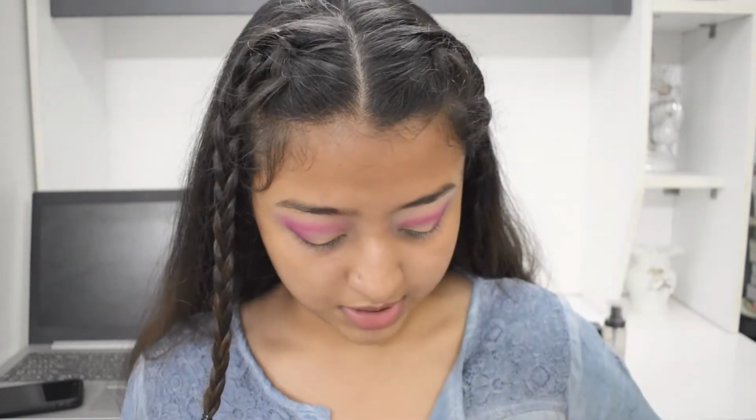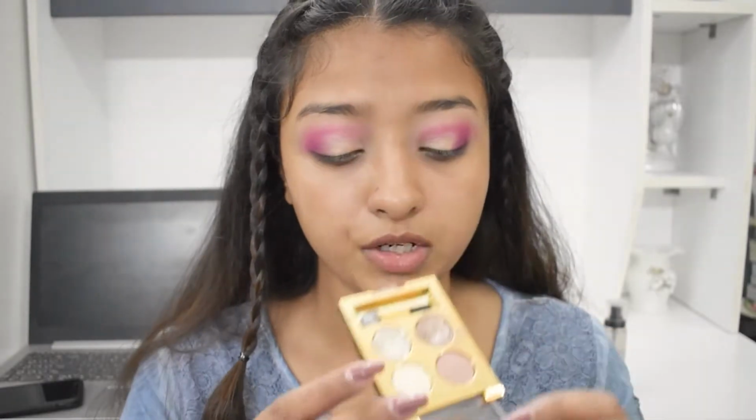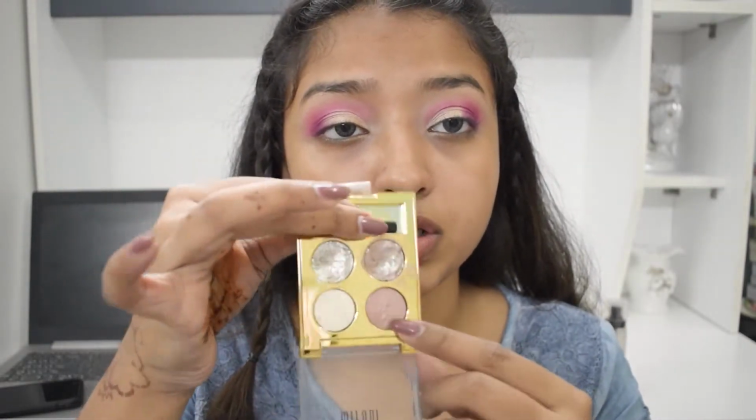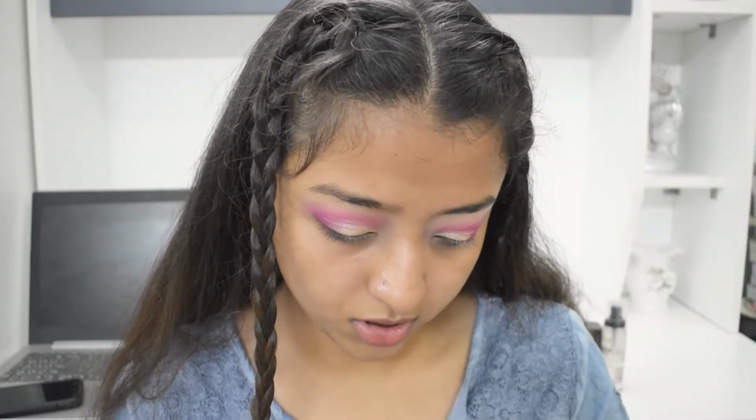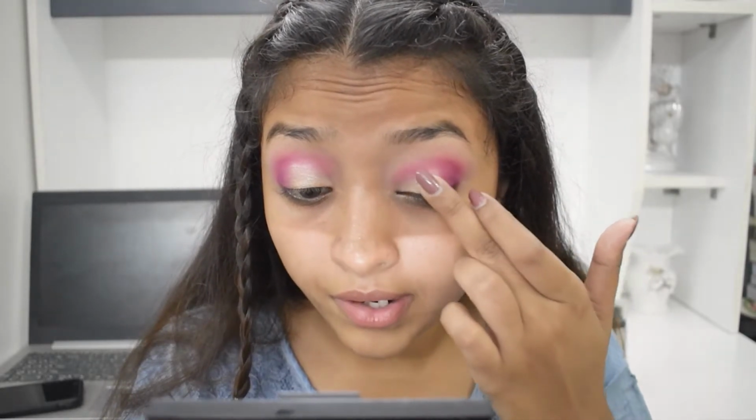So what I basically like to do is whenever I want a very natural application, nothing too over the top, then I just take my fingers and then gently tap it over the color. For today I'm going to be taking this color, which is a beautiful rose goldish color. Well, do they have any name? Unfortunately they don't have any name, so I'm just going to be taking this color on my finger as much as I can, and then I'm going to pat it on the area that I want to apply,